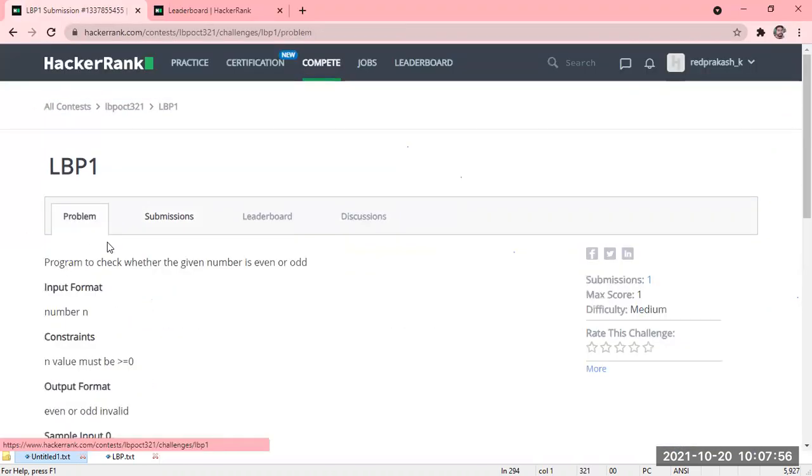Excuse me, sir. Yes, please, ma'am. How can we know what the inputs for the test cases are, because you resolved those issues in C? Very simple. Just as of now, I am hiding the test cases. The reason is, if you don't know what inputs and outputs there are, you need to analyze the problem statement and solve it. Once I reveal all the test cases, then definitely you know the solution. That is why I am hiding them.